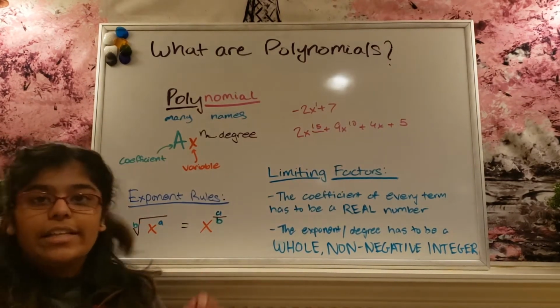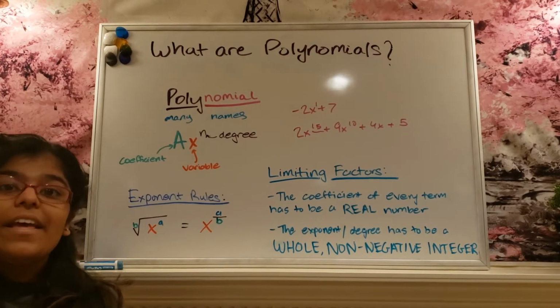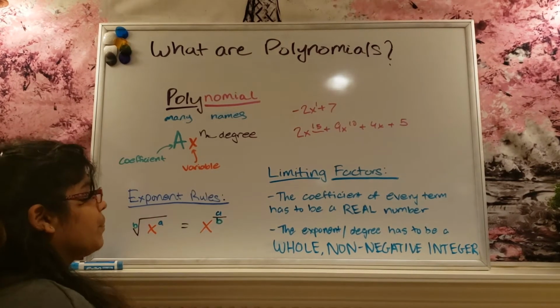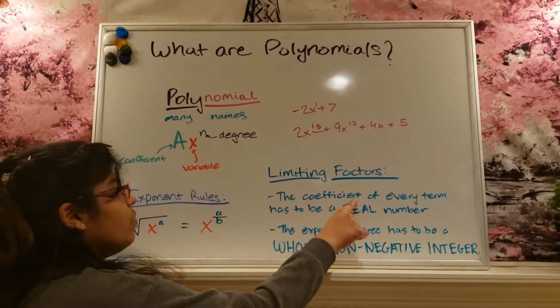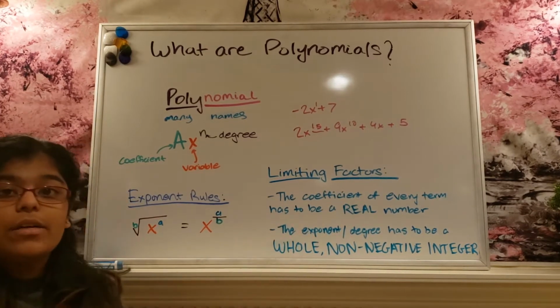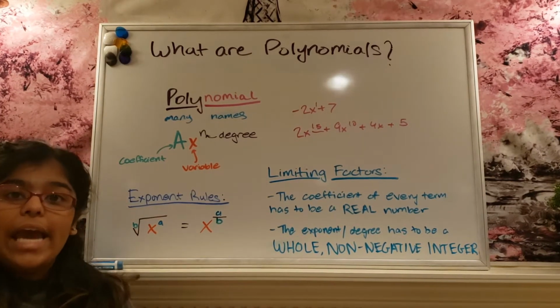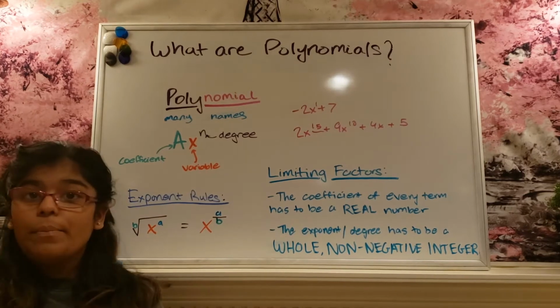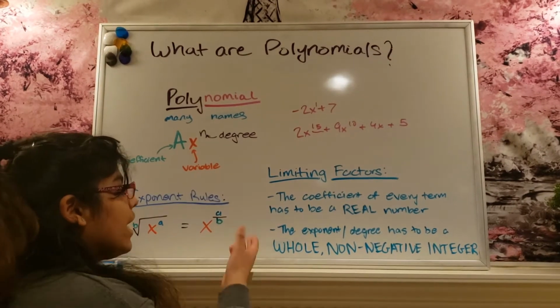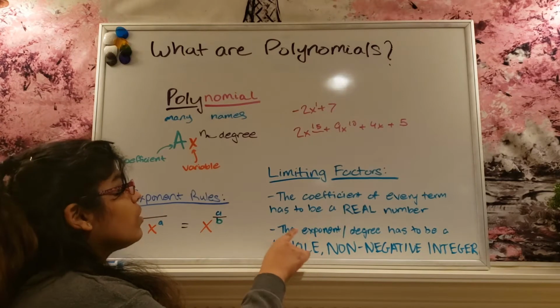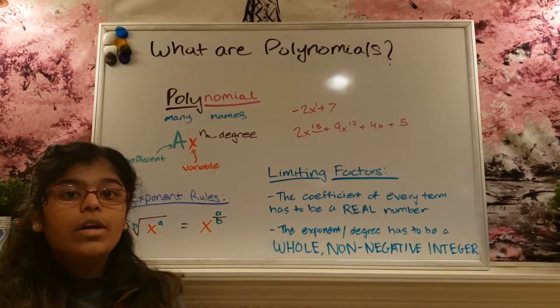Although it seems like the degrees can go on forever, there are two limiting factors. The first factor is that the coefficient of every term has to be a real number. So it can be any number, but it has to be real. It cannot be imaginary. The second limiting factor is the exponent or the degree has to be a whole non-negative